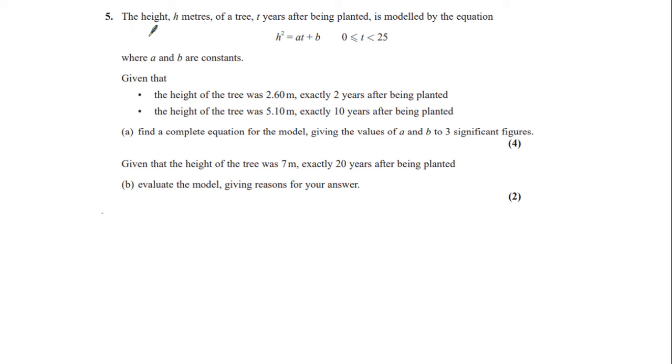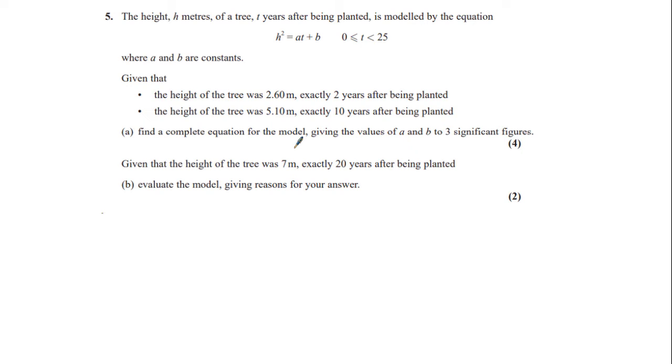Question 5. The height, h meters, of a tree, t years after being planted, is modeled by the equation h squared is equal to at plus b for values of t between 0 and 25, where a and b are constants. Given that the height of the tree was 2.60 meters exactly 2 years after being planted, and the height of the tree was 5.10 meters exactly 10 years after being planted, the first part asks us to find a